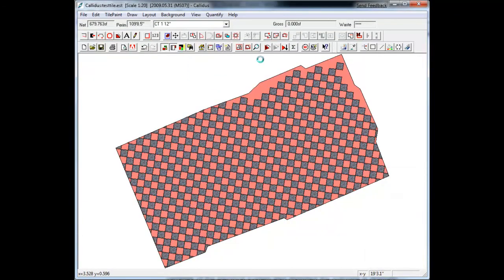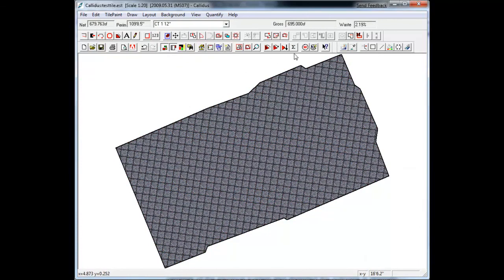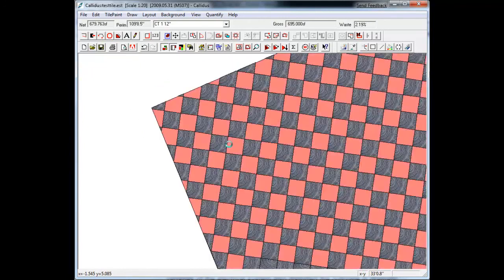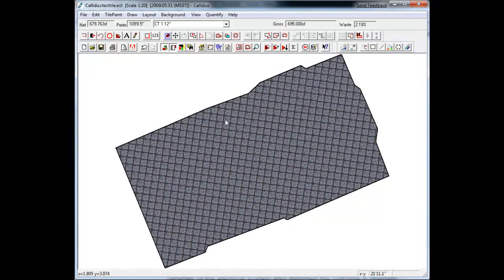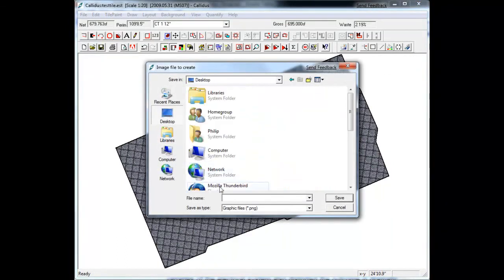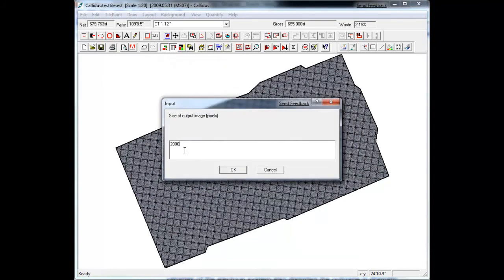cover it in that tile, quantify it, and you'll notice that the program gives you a good representation of what that floor is going to look like. And if you want to send that back to your client to say, this is what we think the floor is going to look like, I press this button here, and this allows me to create a file. I'll just call it test. I can put in the size of the image in pixels, so 2000 will produce a reasonable size image. If you go above 10,000 it'll be huge, but 2000 should be okay just to start with. Press OK,